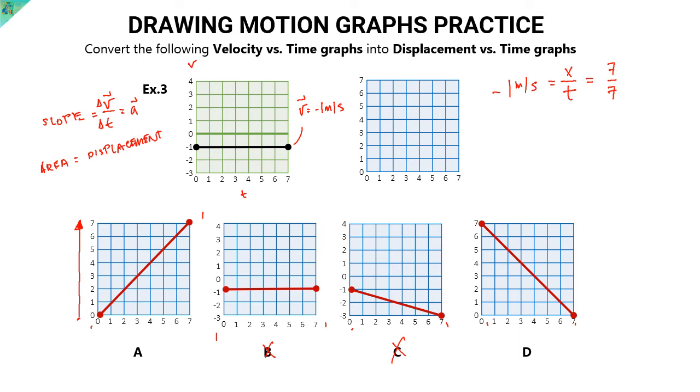Since it's positive velocity, meaning it's going to the right, since you have 0 to 7 meters. Meanwhile, a negative velocity means you came from 7 meters, but then you go to the